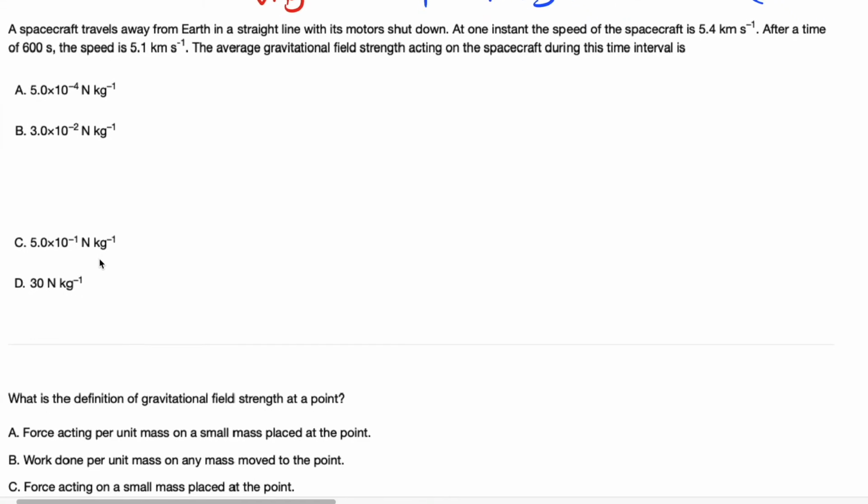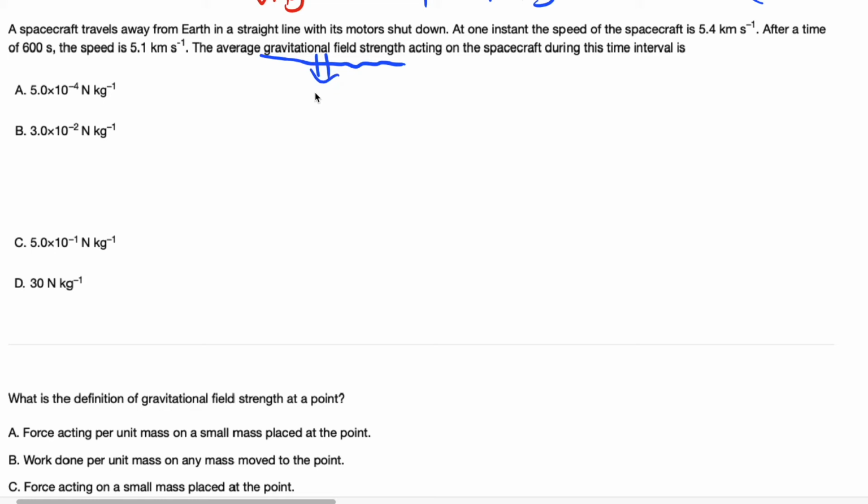A spacecraft traveled away from Earth in a straight line with its motor shut down. At one instant, the speed of the spacecraft is 5.4 kilometers per second. After a time of 600 seconds, the speed is 5.1 kilometers per second. The average gravitational field strength acting on the spacecraft during this interval is equal to what? So we know